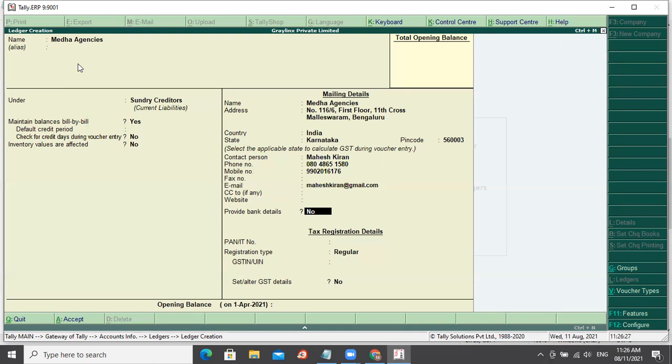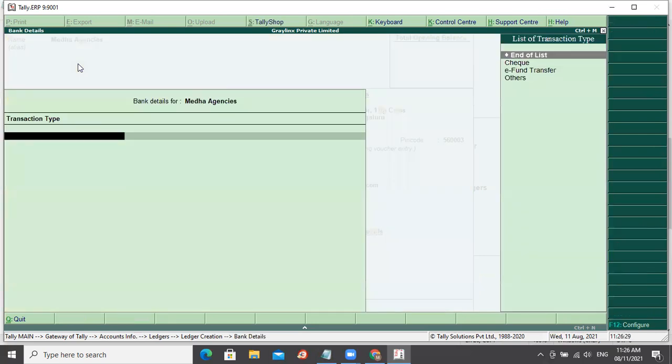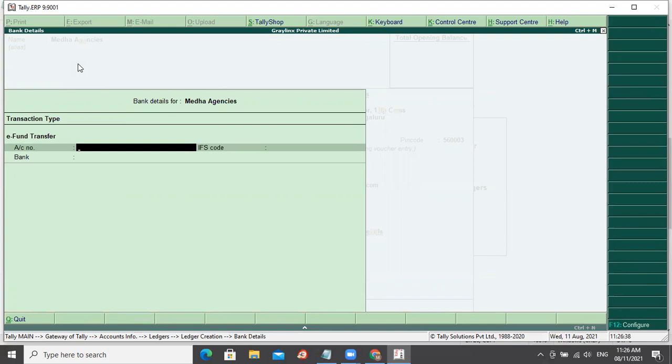For example, I'll enable this and say yes, I want to do the bank details. Then what is the mode of payment, whether it's cheque or e-fund transfer or others. For example, I'll select e-fund transfer, account number, then IFSC code.